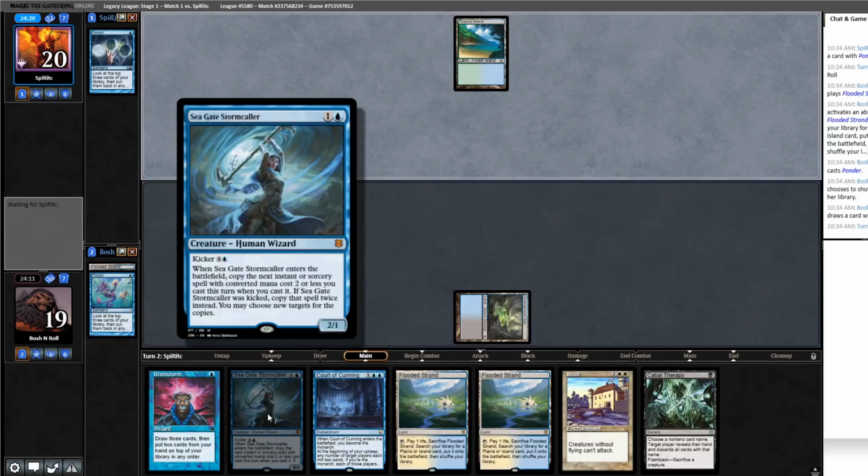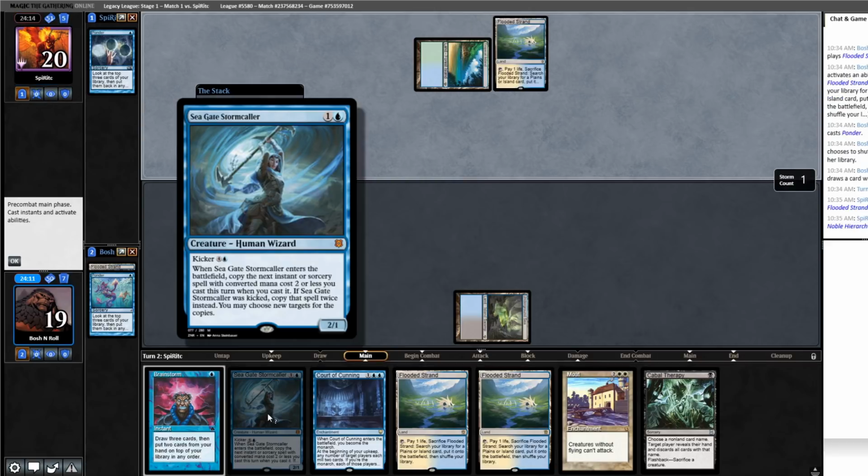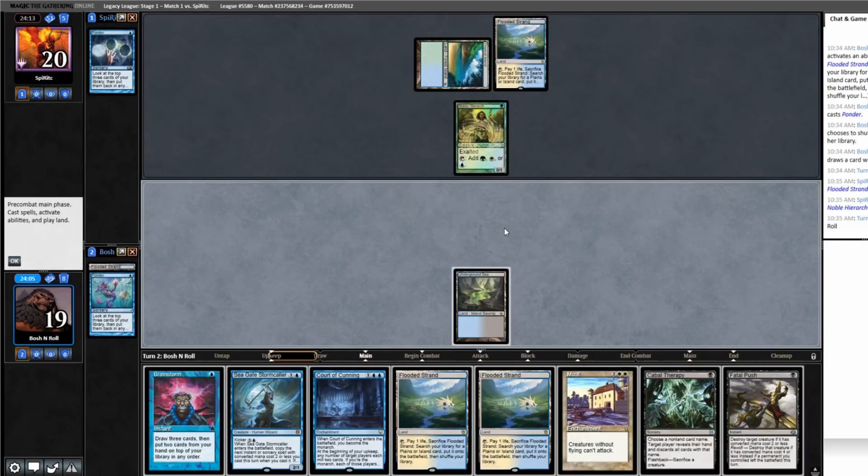So Seagate Stormcaller is, when this enters the battlefield, copy the next instant or sorcery spell with converted mana cost 2 or less you cast this turn when you cast it. So I can Therapy this turn, or okay, that Fatal Push made this turn a lot cleaner. I was going to say I could Brainstorm then Therapy, but I think I just want to push, and then next turn I can Stormcaller plus Therapy, and the first one will be a blind name, the second one will be a